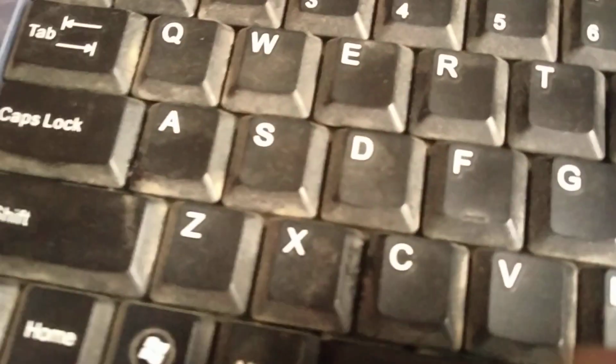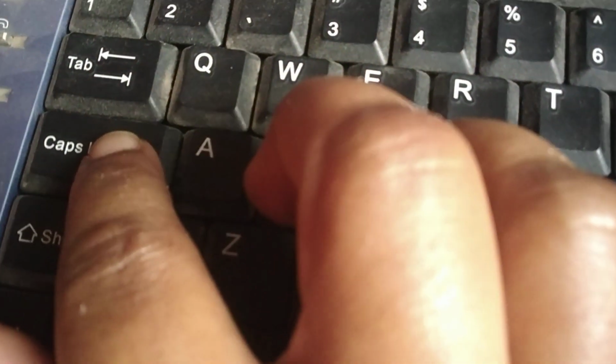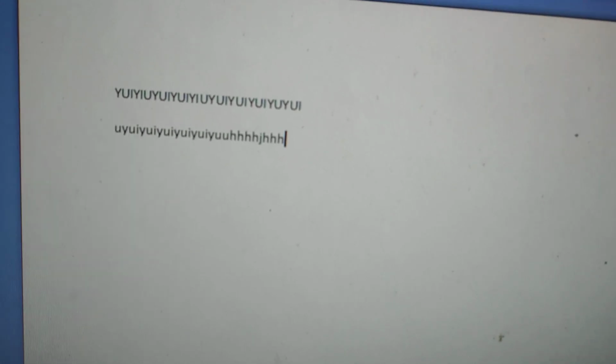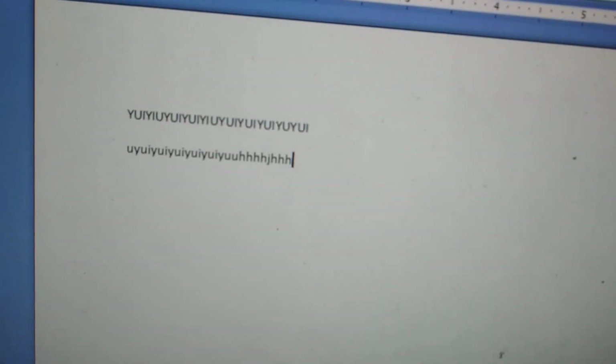And when caps lock is on, then all letters will come in capital letters. Okay, now see, when again I will press this caps lock key, that light will be off. Okay, then whatever I will type now, that letters will come in small letters or small case.